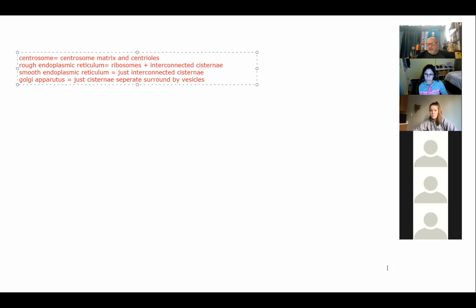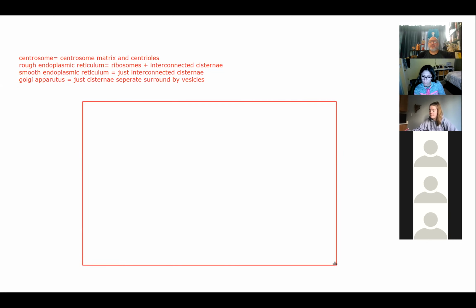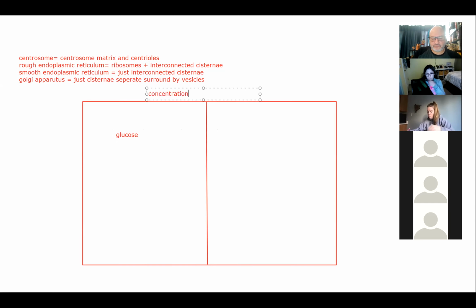Actually, looks like there's a couple of them. So let's do this first one first. The difference between chemical force and electrical force. So remember we were talking about there are basically two driving forces on a charged particle, right? If we were just talking about this being glucose over here, then the only driving force on glucose is going to be concentration gradient, right? We have that concentration gradient where things go from a high concentration